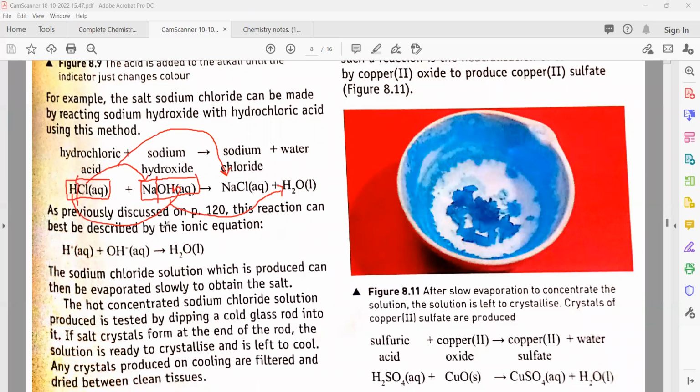From the previous discussion on page 120, this reaction can best be described by the ionic equation. So that is your ionic equation in which you get water. I am just going to repeat this equation again. Now